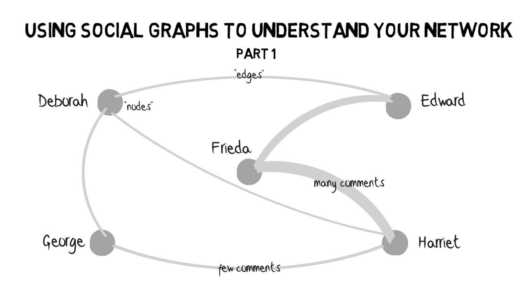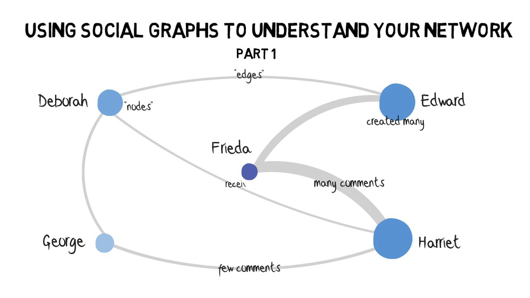We can do this by changing the size of the node to indicate the number of comments created, and the colour to indicate the number of comments received. Now at a glance we can see the rather more complex nature of relationships between network members. We can see that Frida has active connections with Edward and Harriet, but receives far more comments than she creates. We can see that Deborah, although connected to most of the other members, doesn't have a particularly active connection with